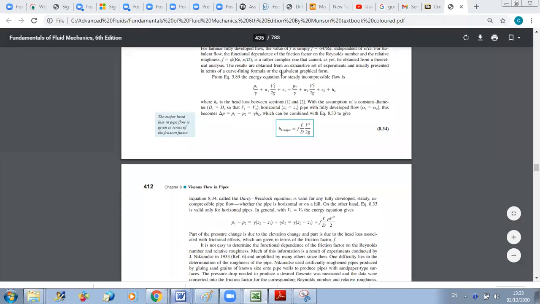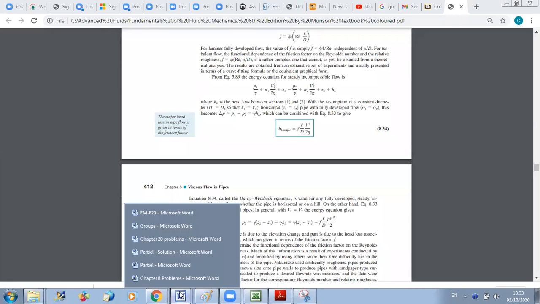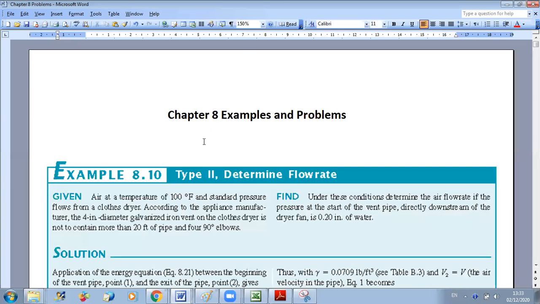Good afternoon. So we will start today solving problems on chapter 8. This chapter is mainly an application of the energy equation, of the generalized energy equation. If you remember, in chapter 5 we had at the end an energy part. This is included in this chapter, and here it's more developed because we consider